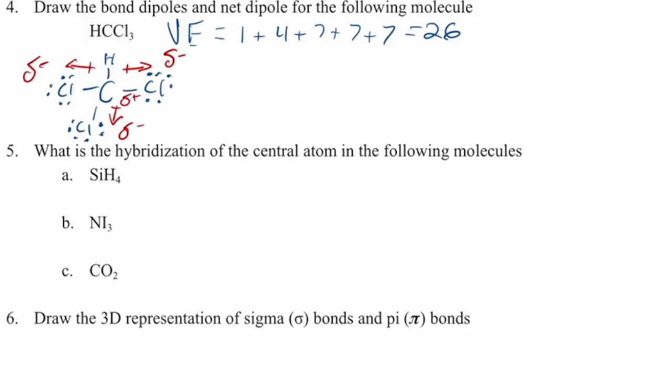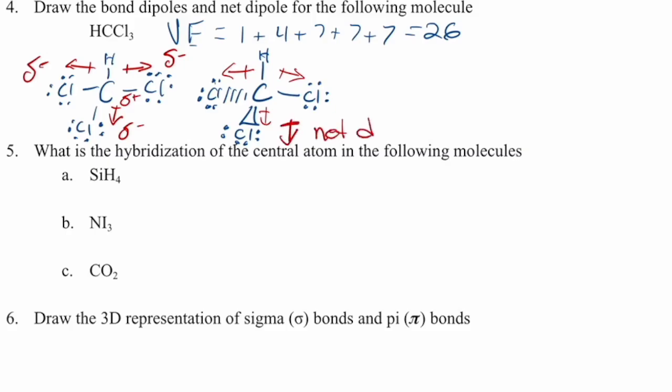Now, molecular geometry tells us that this molecule is better represented as a tetrahedral geometry, which would give us a wedge and a dash. And these bond dipoles would add together to give us a net dipole. And that net dipole would be down away from the carbon in between the 3 chlorines, because this is a tetrahedral